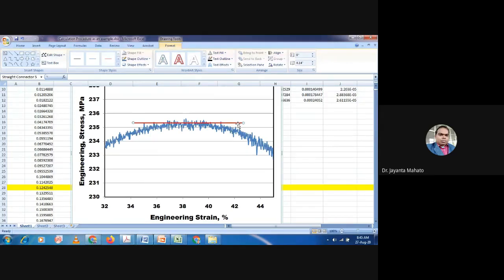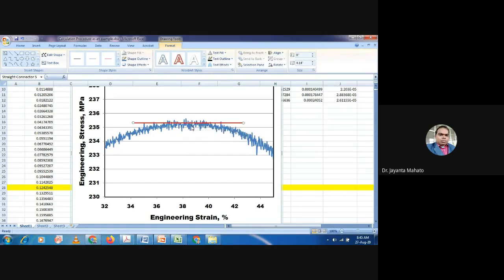Understand? I am taking this horizontal line because you have to take the value from where the slope of the curve decreases. Here the slope of the curve increases, and then from this value, the slope decreases.